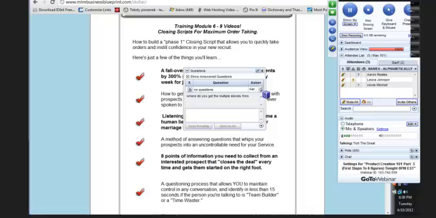Then by Monday, your product has to be on the marketplace. We are going to start driving traffic to that product, and I'm going to go through how to drive traffic, the different ways of marketing your product, and the different ways of testing to see the marketplace, how it's receiving your product, and what you can do to improve on that.